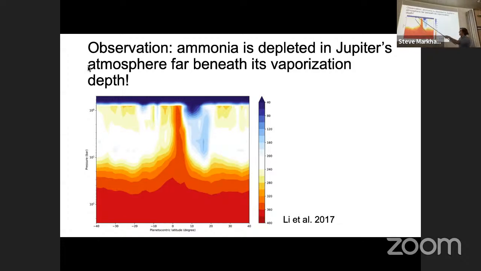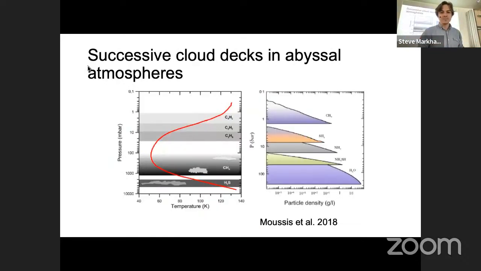Instead, you find that for tens of bars, there is, in fact, this persistently depleted in ammonia region. And this is difficult to explain because how does the ammonia that's in the vapor phase fall without mixing with its environment? Everything is turbulent, and so you expect mixing to be very efficient. What's going on? So part of the answer that has been investigated in the past is something that I mentioned